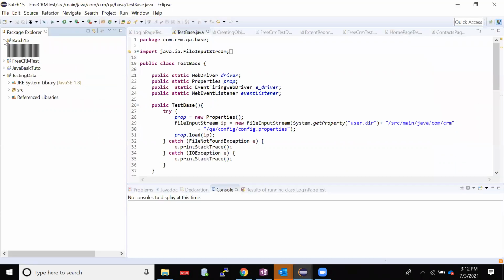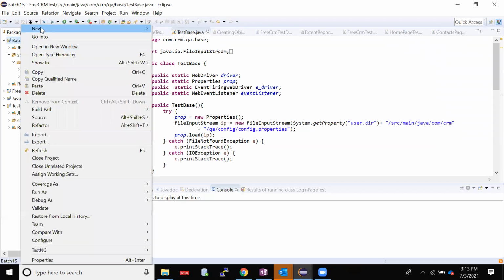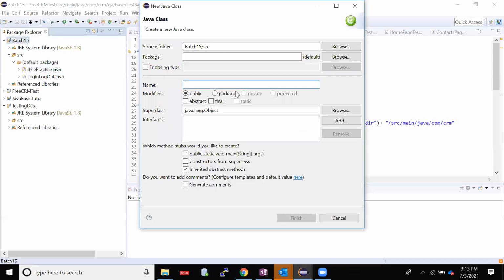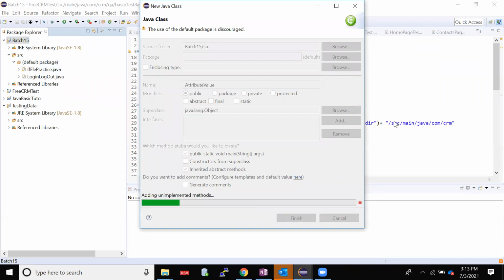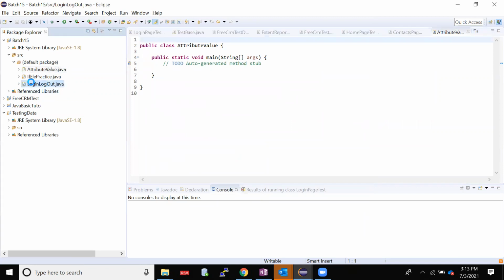Okay, this is your batch 15. Here we are practicing, right? So I'll create one class, stating attribute value. Attribute value. Okay, so public static void main. I have one class. Okay, so for login,